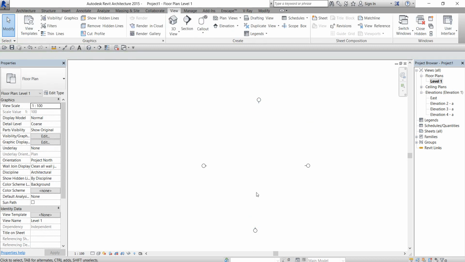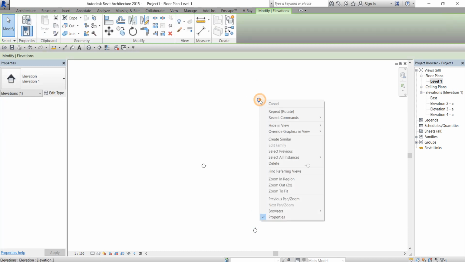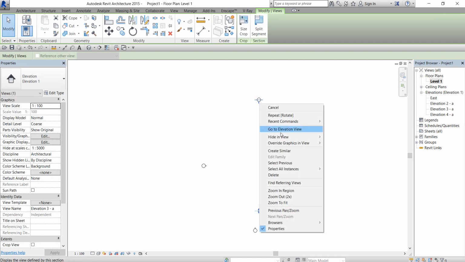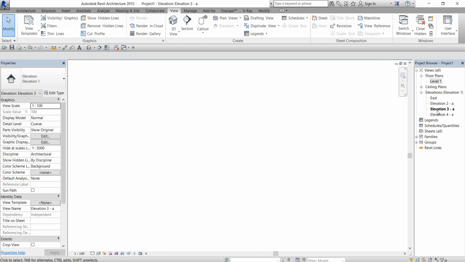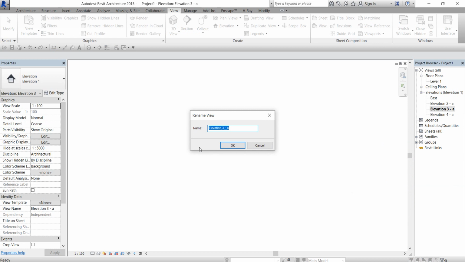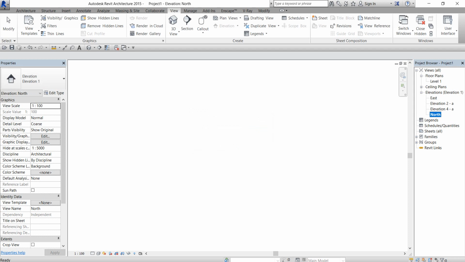So now, as you've done that, click on the north one, click on it like this, go to elevations. So here is the north. So this particular one, you rename it and call it north. So okay,